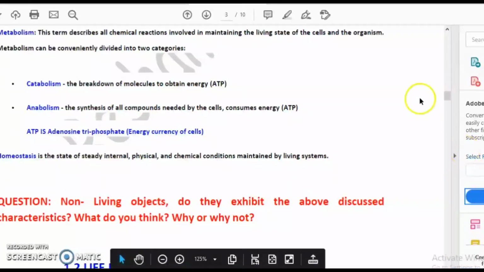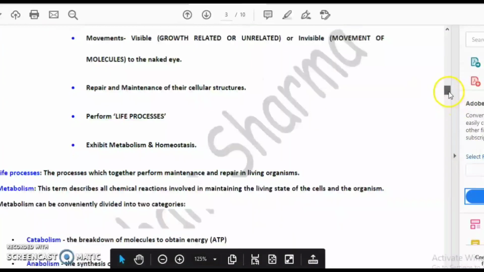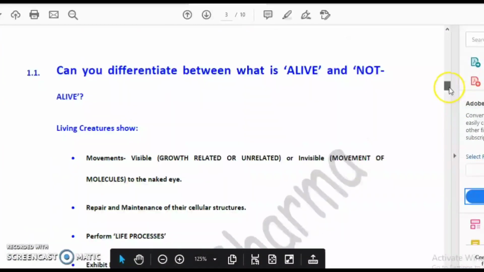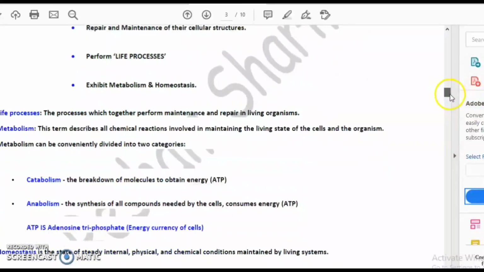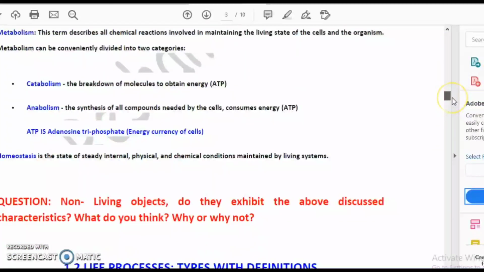So, if living organisms exhibit the above characteristics like movement, repair, maintenance, life processes, metabolism, and homeostasis,